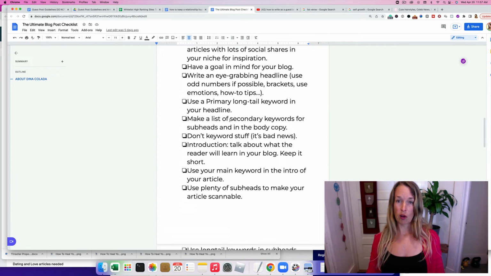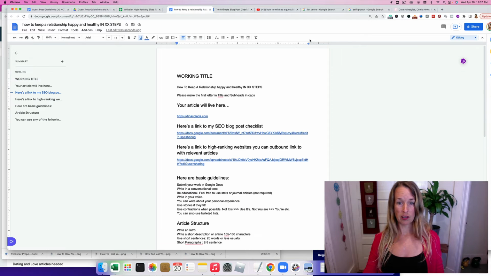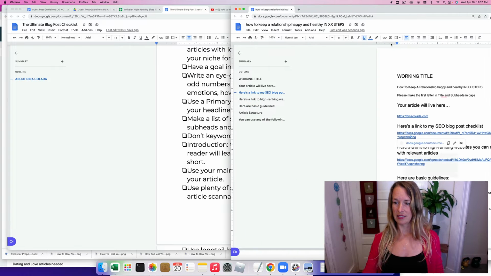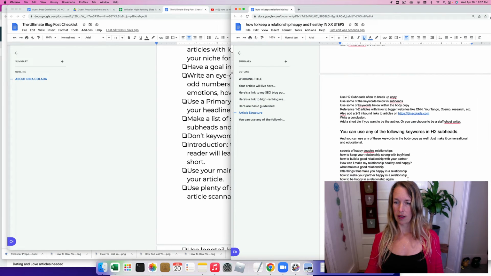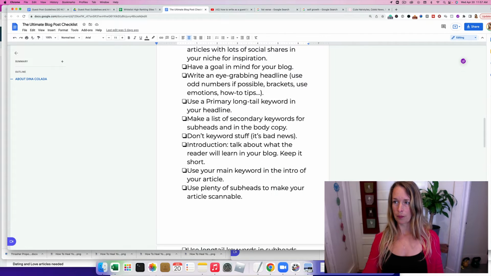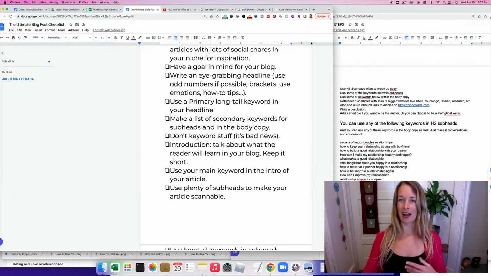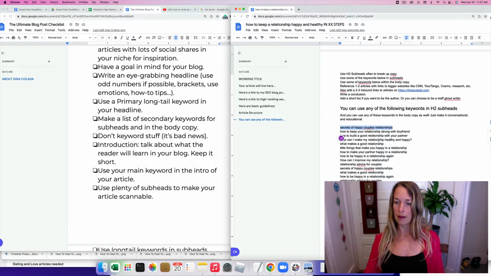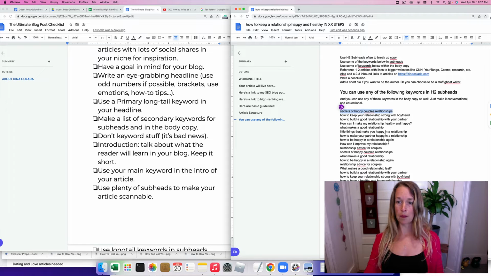I like to use a long tail keyword in my headline. The long tail keywords are listed down here, when I give you an article to write, you'll have these keywords here that you can use as subheads. You can use the top ones, or generally the most important ones. You can use those first. You don't have to use all of them, but use some of them.